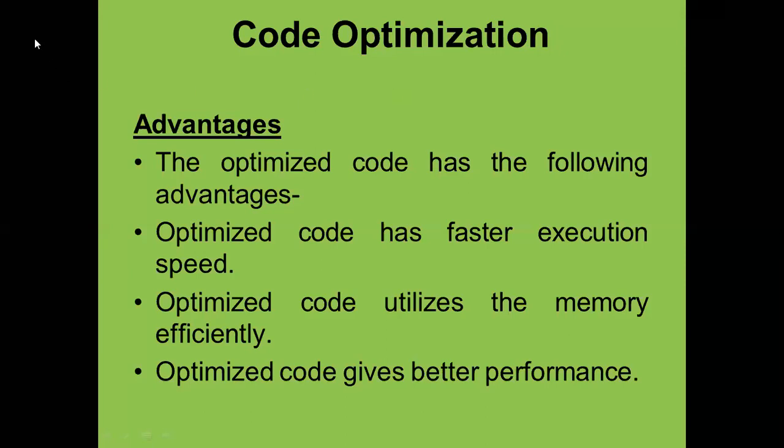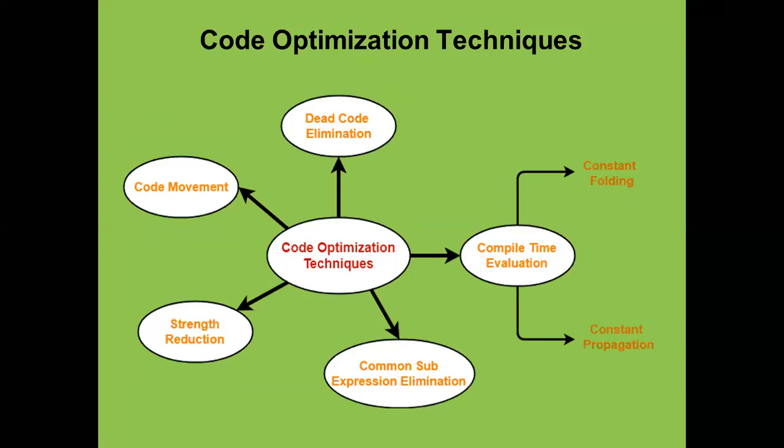Now you can see here the advantages of that, ultimately. Now again, even though we have already used different types of techniques, this is a sort of block diagram, you can say a DFD, data flow diagram. So code optimization techniques, now you can see here, are divided into several techniques. Code optimization technique number one is common sub expression elimination.